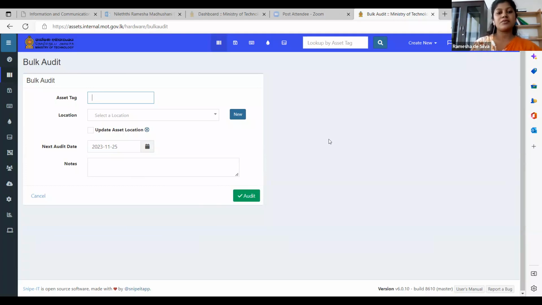I think this is a little bit critical thing to do, go with a laptop or a QR scanner from place to place. For that, we have a very good solution. We have a mobile app for this Snipe-IT assets management system. At the 5th point, I will show you how we are connecting to the mobile app and how we are doing all the things via mobile app. Then the 4th one,